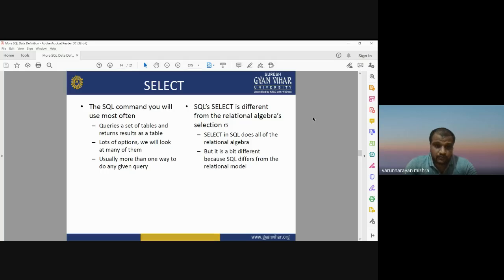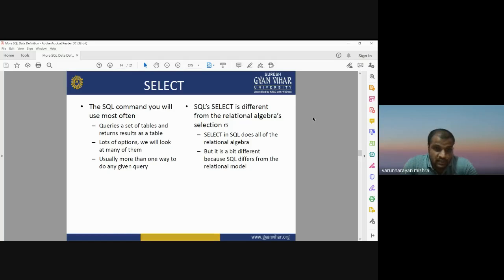The select command is also important. If you want to select a specific value in your table, you have a table having multiple rows and multiple columns. In each row and each column you have a lot of records, a lot of data sets, a lot of values. But if you want to select only some particular values from your table, from your database, then you need to apply the select command.